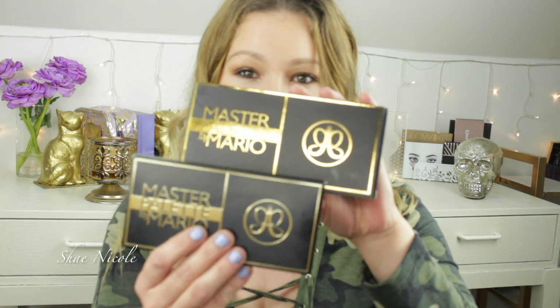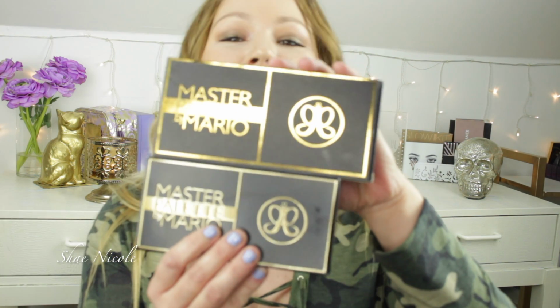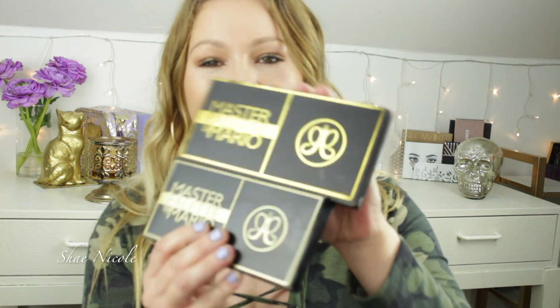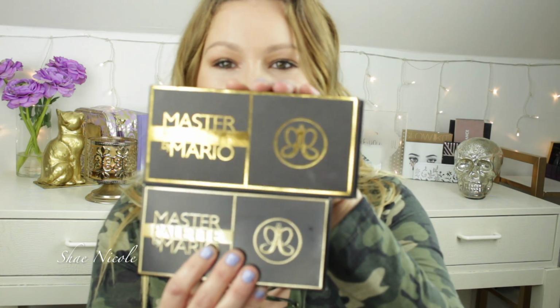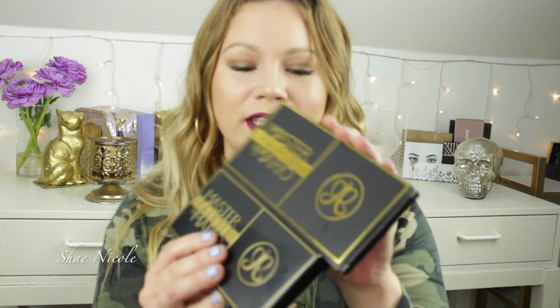But take a look at this. The sizes are completely wrong. They're missing almost an inch. Well, they're not missing, they're overdoing it. And so I had already had this, thank God, because Ulta sent it to me super quick anyway. But